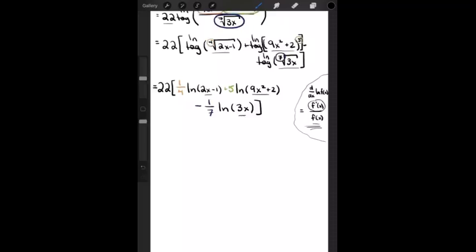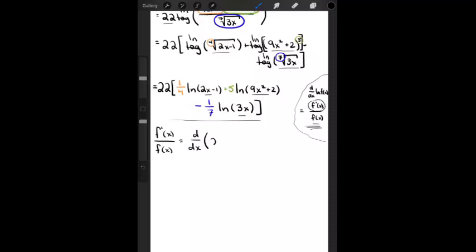So if we take the derivative of what we have here and multiply it by the function itself, then we'll get the derivative we want. So f prime of x divided by f of x is going to equal the derivative with respect to x